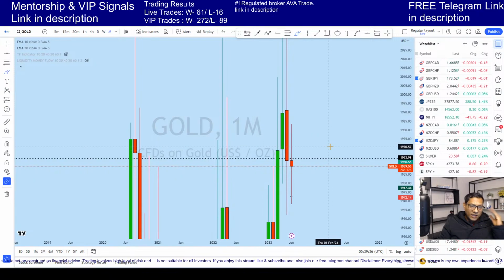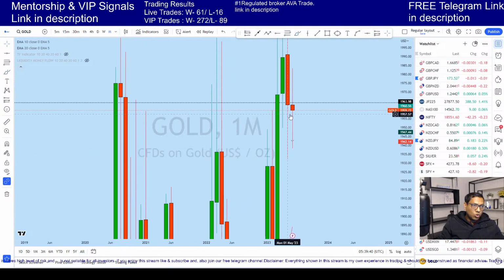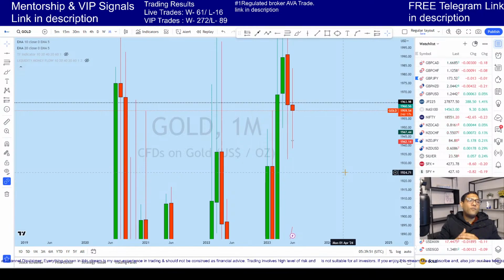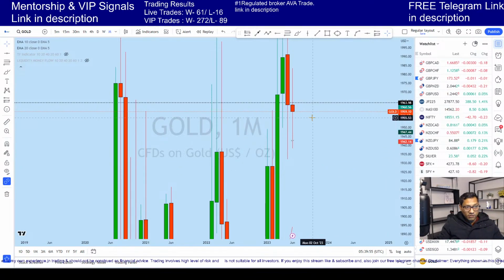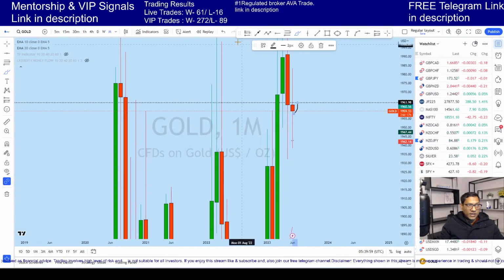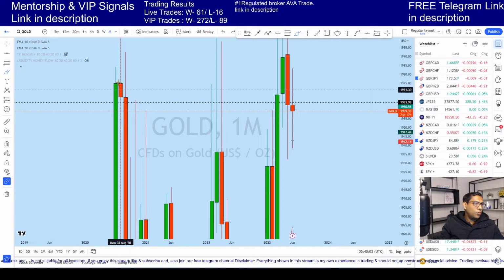Now what I think gold is likely to do on the lower time frame is that gold might test this monthly opening and closing again, and then we could see another wave of drops. So from here we have concluded that gold is on the monthly opening and closing on a resistance. If the price manages to go up, which is likely to happen, we can expect another drop to the downside.